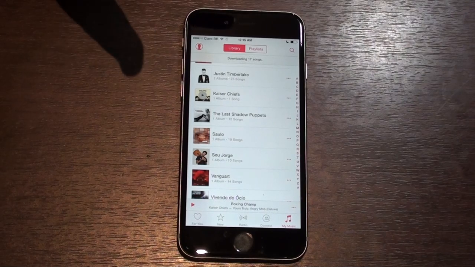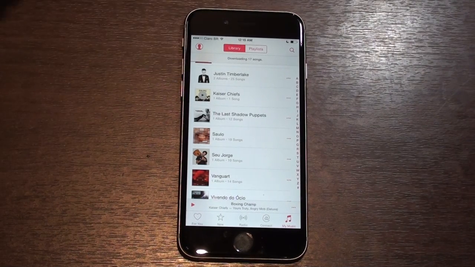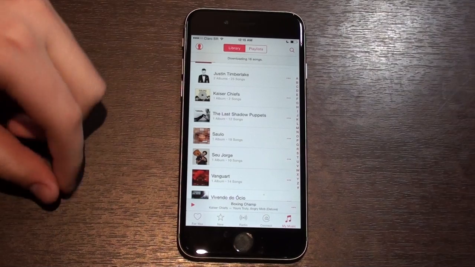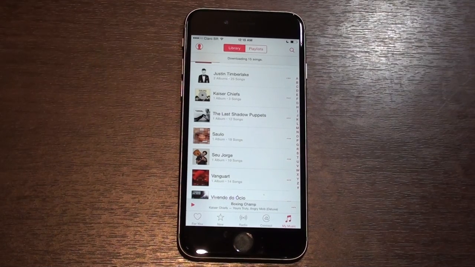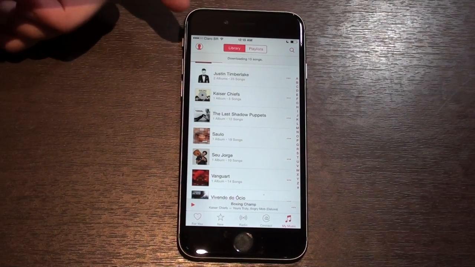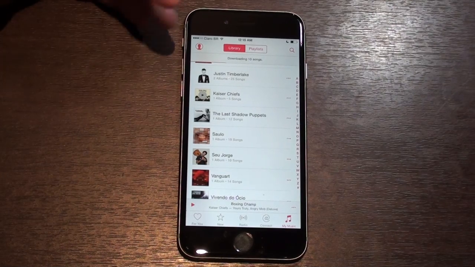So I think I went through everything with you, but I really need to show you the downsides of this thing. So of course I like the Apple Music. I still think it is better than all the other streaming applications like Spotify, Deezer and everything, but we have two pretty big problems. One is the syncing. So sometimes you put make available offline and it doesn't start downloading, or it starts downloading but then it doesn't actually download to the phone. It looks like it downloads, but it is not actually